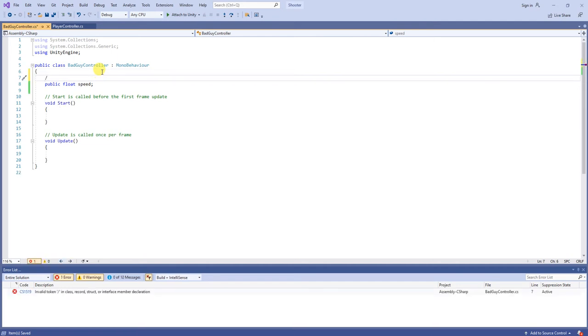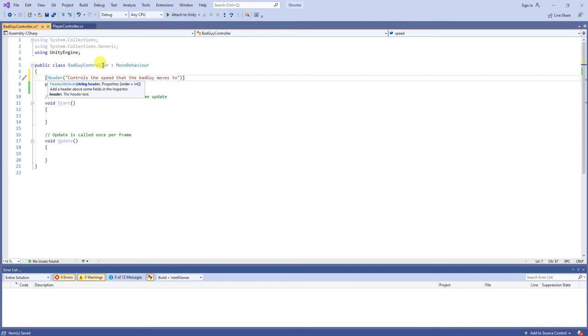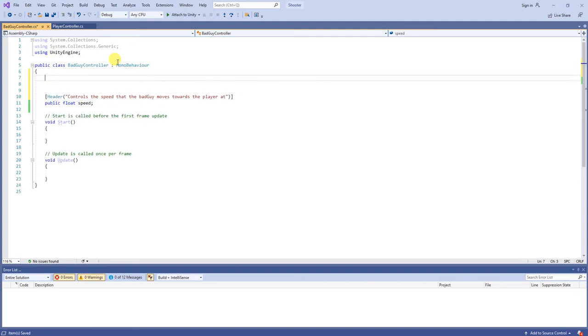So let's add a header here, and the header will say controls the speed that the bad guy moves toward the player at. Okay, and let's move it down a bit, because now we actually want to get the